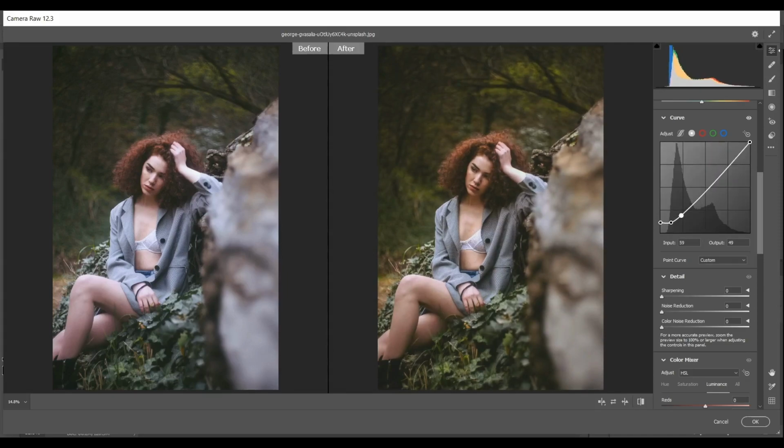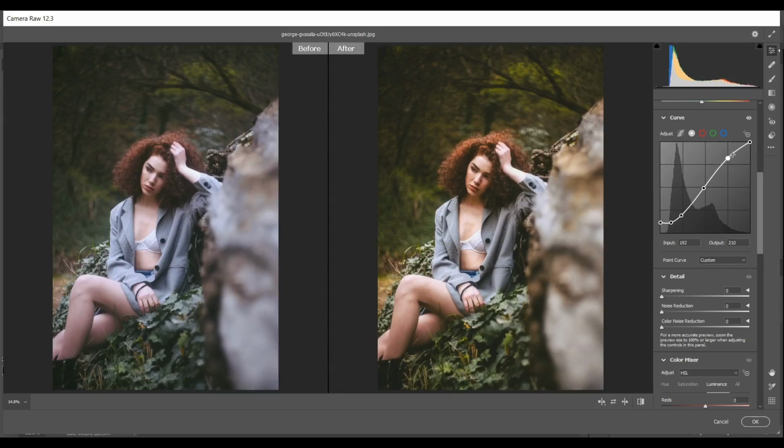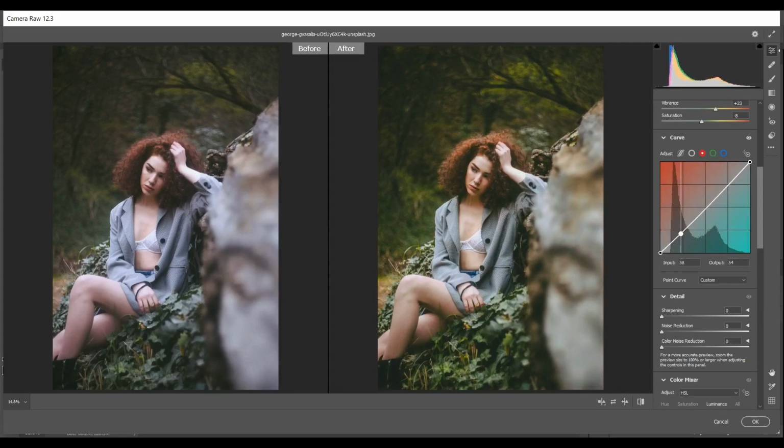And now create another point. I think this is fine. And the last one. I think, yeah, this is fine. So create a curve like this and now go to the red and create a point here,